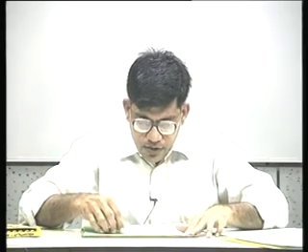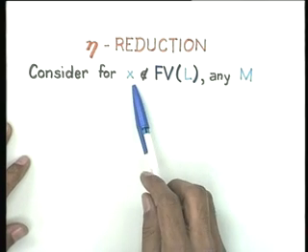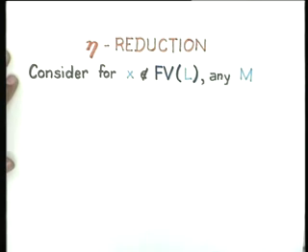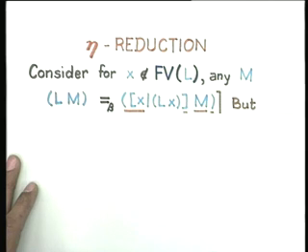When we are talking about equality, one of the things that happens with beta reduction is the following. Consider a term L which does not have x as a free variable, and consider any term m. Now I can look at this term L applied to m,